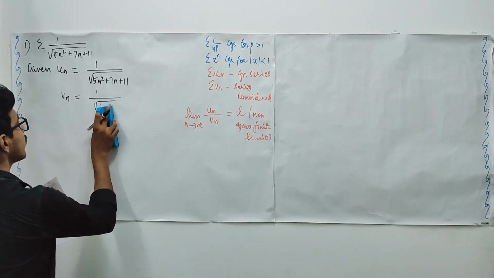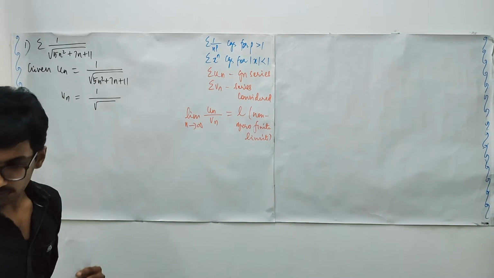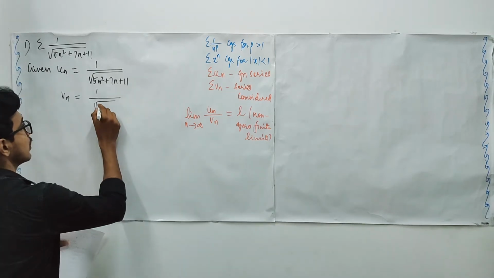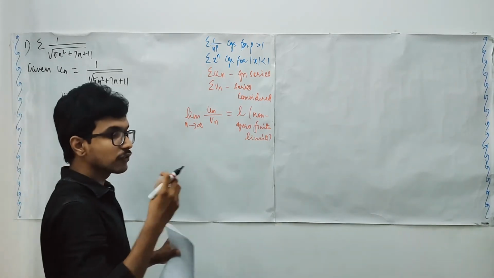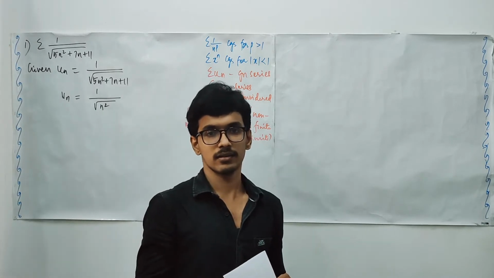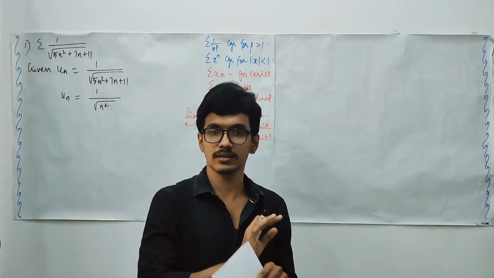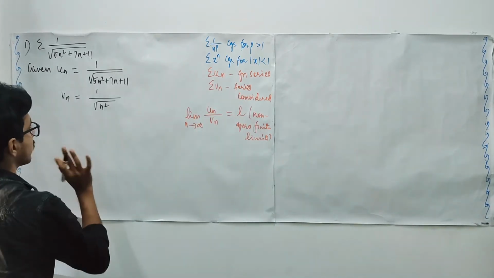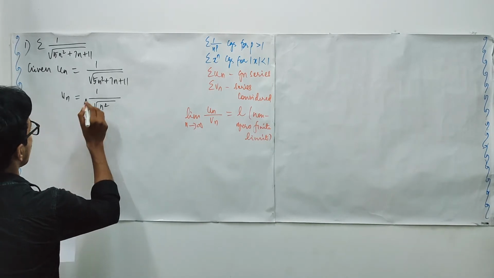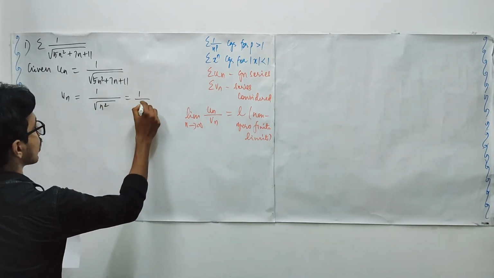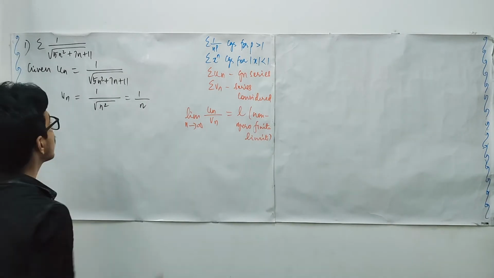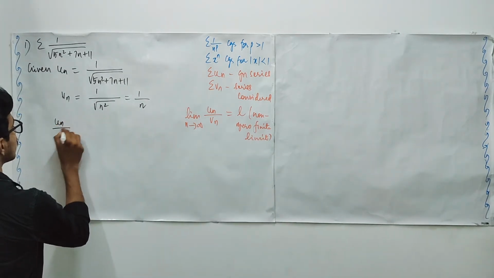Okay, leave the 5 and take under root n square itself, because it is just a matter of choosing a constant or not. So even if we leave the constant, it is not a bother. We have this thing. Okay, and this is what? This is simply 1 upon n. Okay, and what is un upon vn?